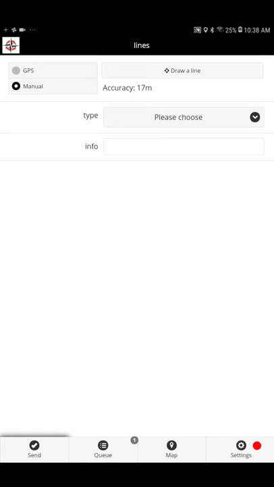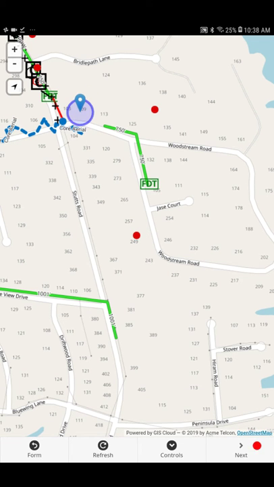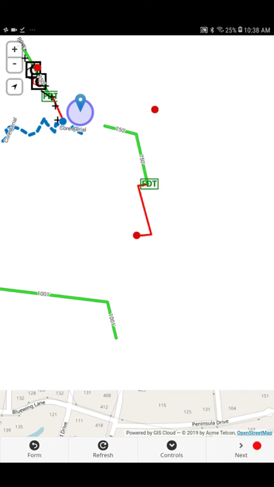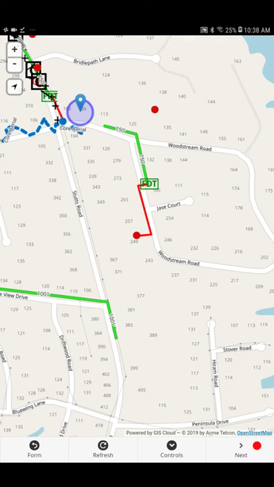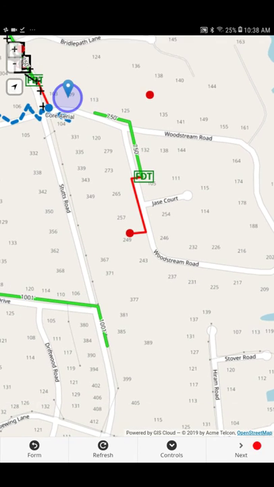When the one comes off of the queue line, it should be on the map. Click the map, and you can see it has our virtual drop located there. As we scroll in a little bit farther,